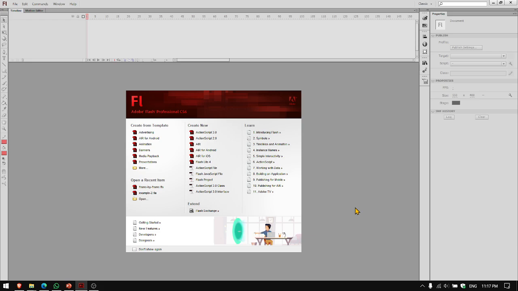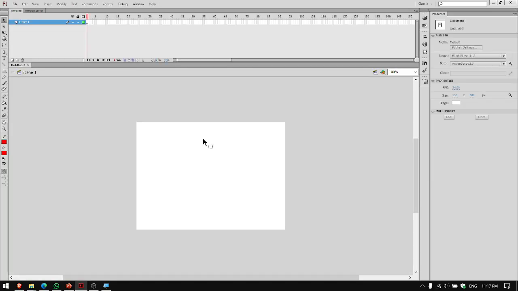Let's see how we can make a complete animation using Adobe Flash. So first I'm going to select ActionScript 2.0. So this is the typical welcome screen of the Adobe Flash. So here I'm going to select ActionScript 2.0. Once you click it, you can see the